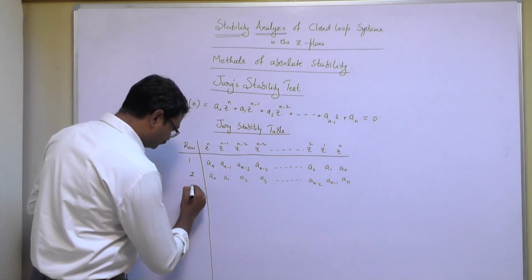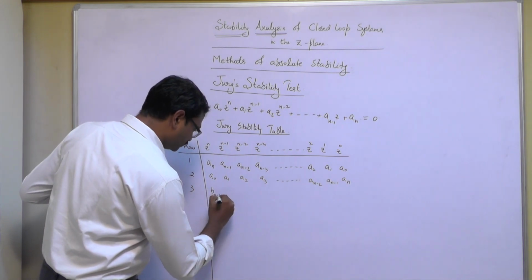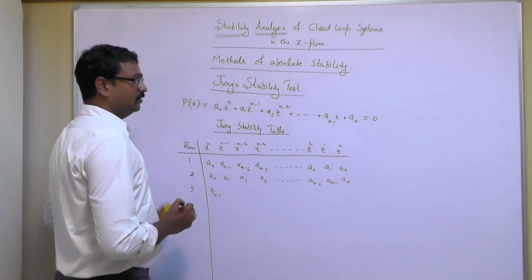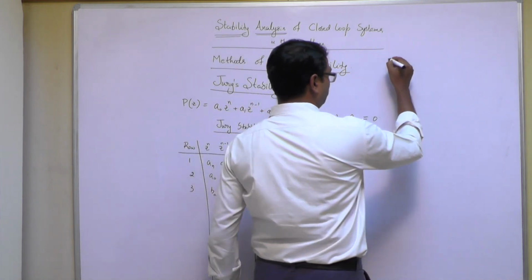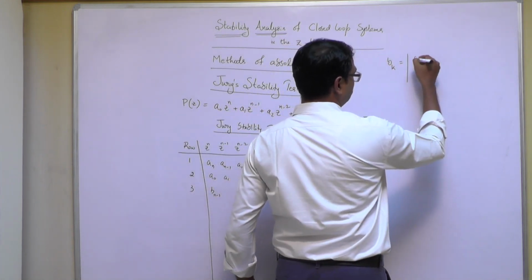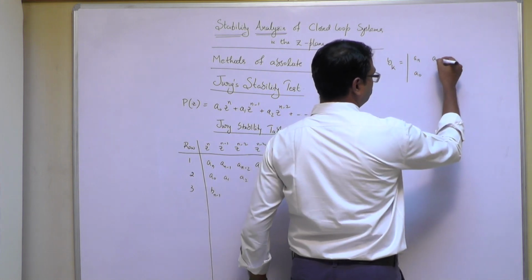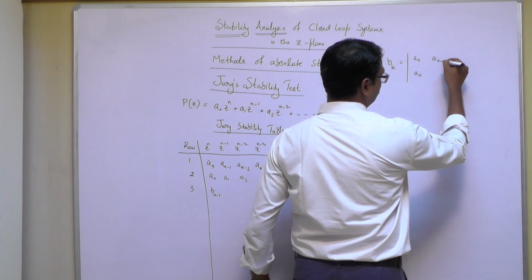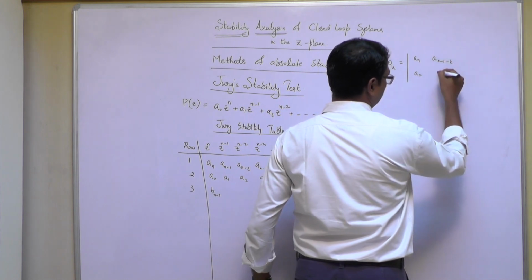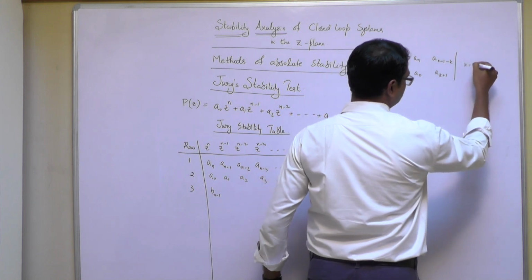The third row we will be considering Bn minus 1. Right, where for example let us say Bk is nothing but the determinant of An, A0, then An minus 1 minus K, K plus 1, where K is